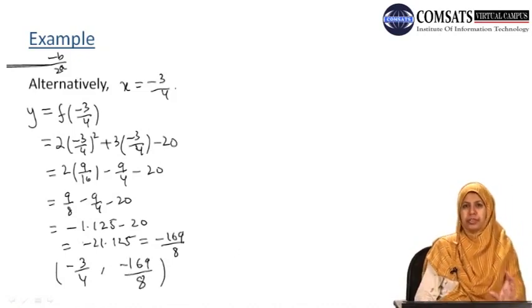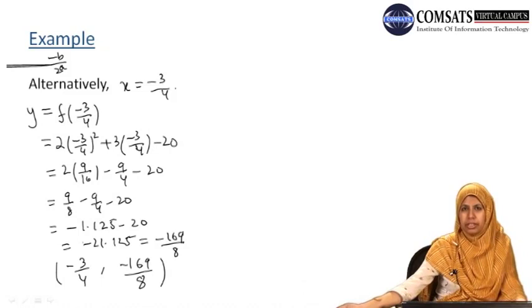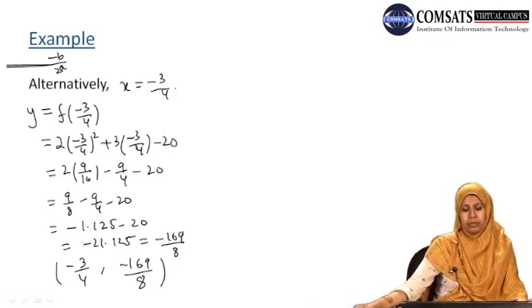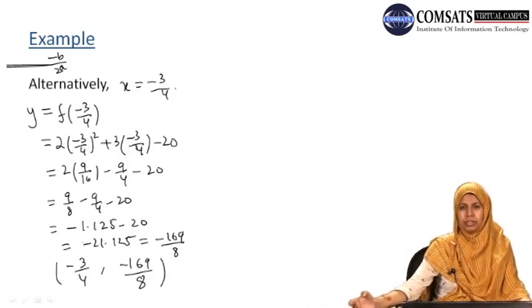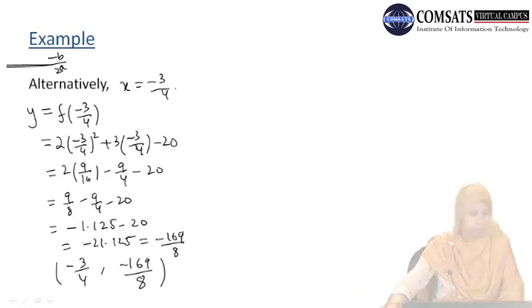So we have two alternatives to find the y-coordinate. Similarly, for the x-coordinate, we have two options. Either we find the x-coordinate by using the formula minus b over 2a, or if we know the intercepts, from there we can find the x-coordinate. For the y-coordinate, we also have two options, either by putting the values in our formula, which is 4ac minus b square over 4a, or alternatively by putting the value of the x-coordinate in our function, and the resultant value of y will be the y-coordinate of the vertex.